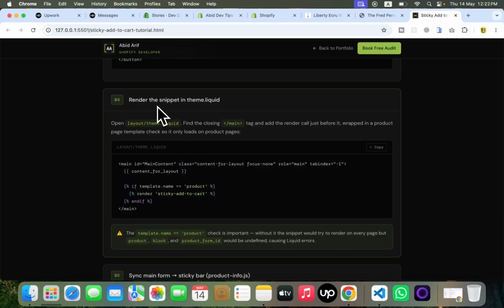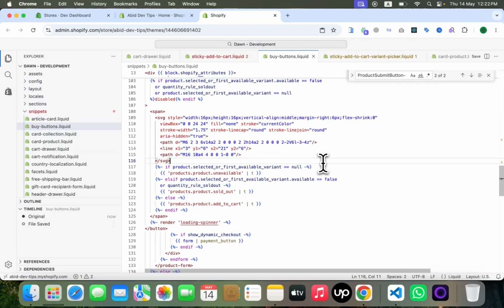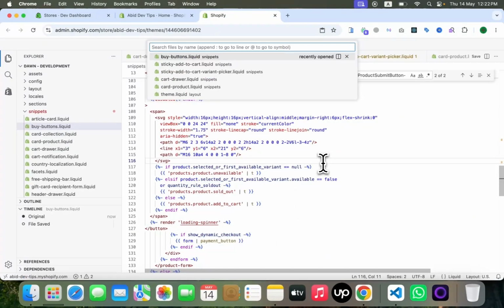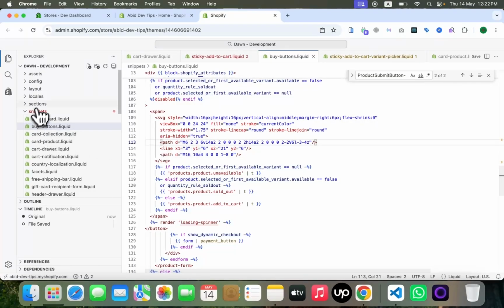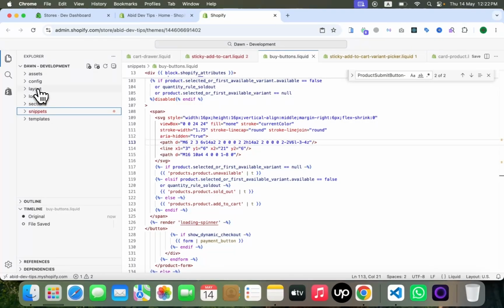Step number 4, render the snippet in theme.liquid. Go to theme.liquid, press Control P in Windows and Command P in Mac. Theme.liquid. You can also search in the layout folder for theme.liquid.